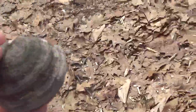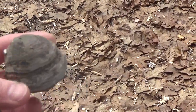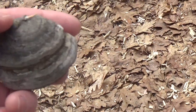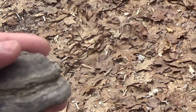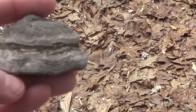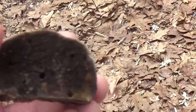So here we are. So you can see why it gets its name, the horseshoe fungus. Looks a lot like a horse hoof. I guess it should be called the horse hoof fungus, but it's not. It's actually a really cool looking fungus. It's usually brown on the outside. Seems to have two tiers to it, and by that I mean there's a top level and then there's a bottom level. I don't know if maybe it has more than two tiers on some of the bigger ones, but I've never seen it. And when you flip it over, you can see the bottom of it is pretty brown,